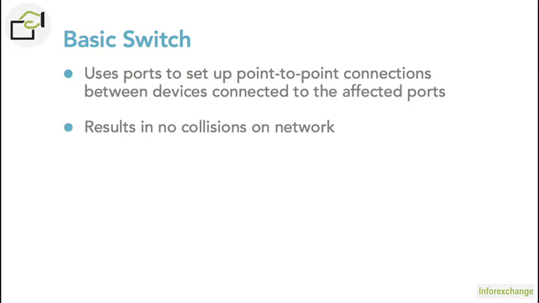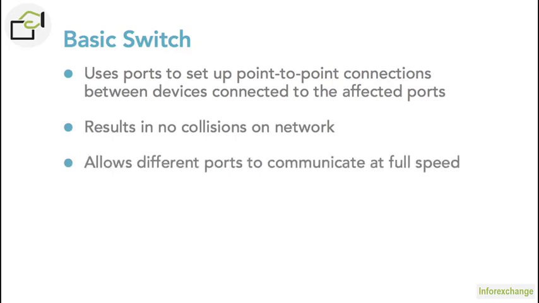Another advantage of setting up the point-to-point connection between two devices and letting them talk is that it enables the basic switch to set up a communication between the two ports at full speed. Without this point-to-point communication, the switch would have to divide the signal coming in by the number of ports it has on it, much like a hub would. But by setting up multiple point-to-point connections as different devices want to talk to each other, the basic switch avoids the necessity of dividing up its bandwidth, thus allowing the ports to communicate at